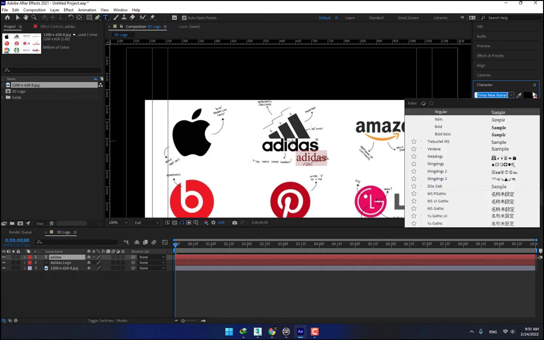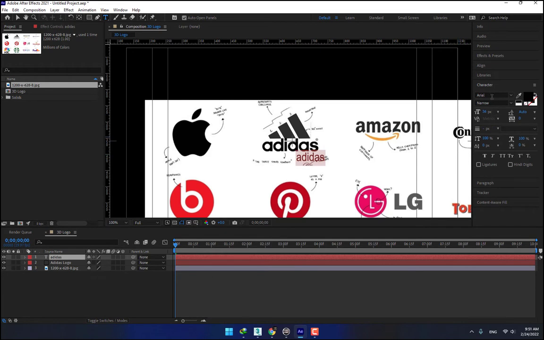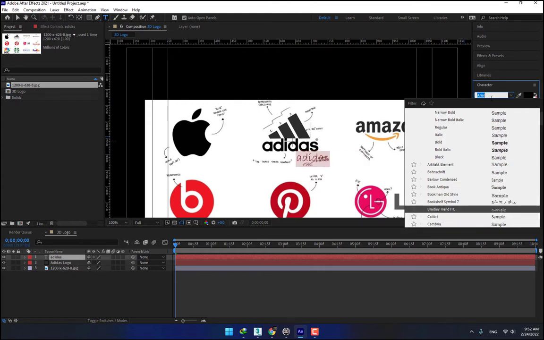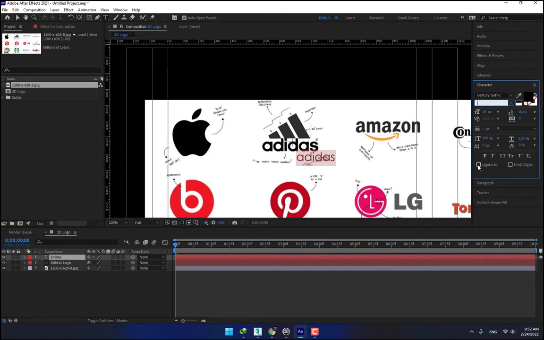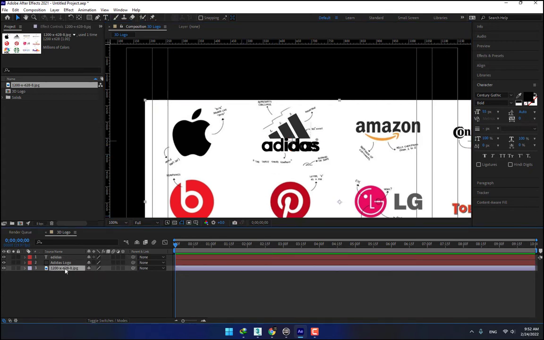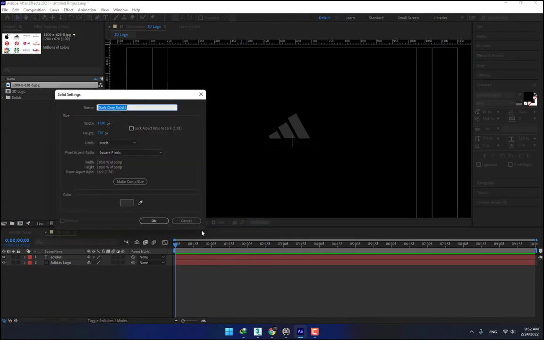Now change the font. Select this one and change it to bold and change the size, move the logo here. Okay, now turn off or delete the logo picture, and right click, create a new solid for